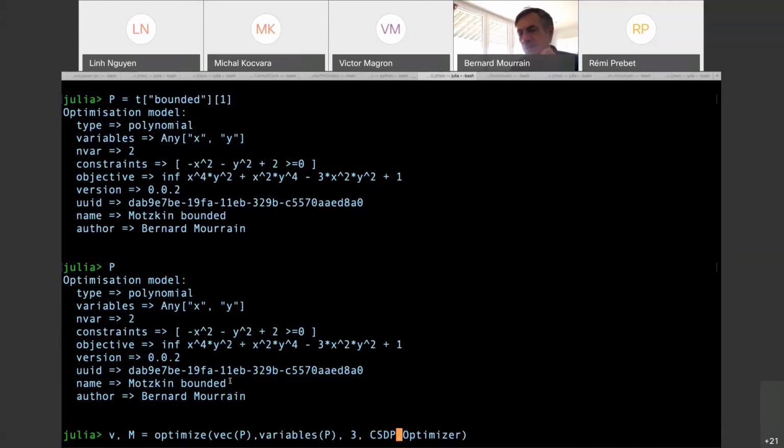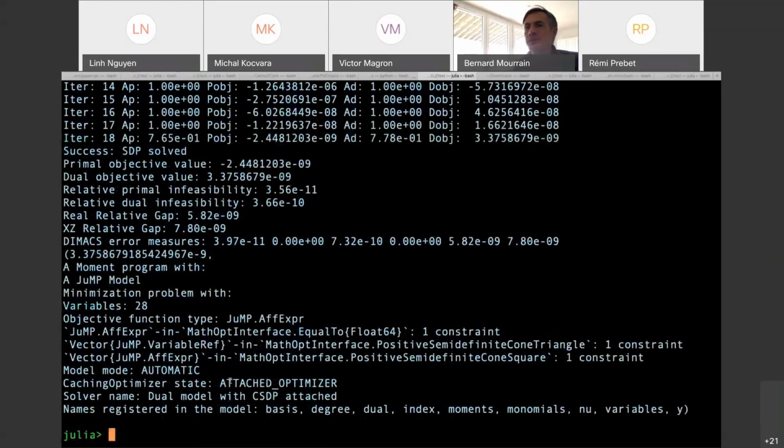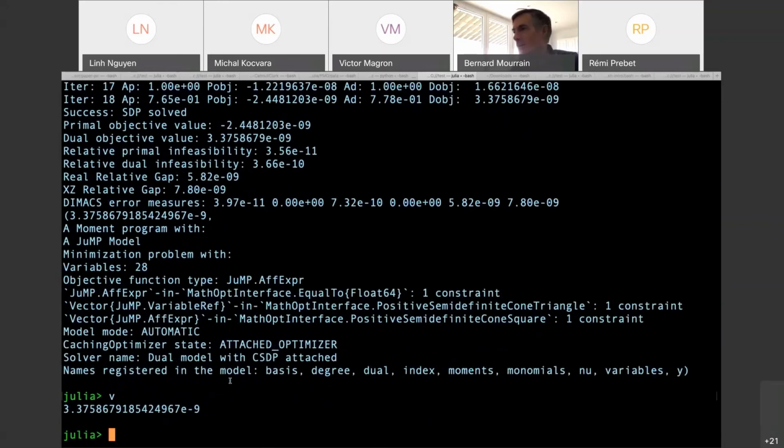VEC is a way to transform this optimization model into some data structure which can be easily used by Optimize. Variables is recovering the variables of the problem. And we have here a relaxation of order 3 that we solve with this CSDP solver. So what we get is V, which is the minimum value that we found, so almost 0.